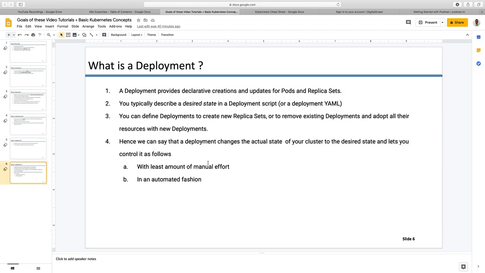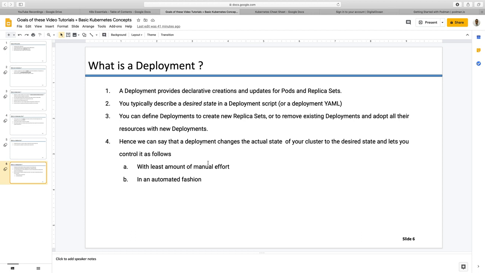So what is a deployment? Well, all this replica set and pod and containers that I'm talking about in Kubernetes has to have some way of telling the software to do all those things. Deployment is the way to do it, right? So that is what deployments are. They are a declarative way of telling your cluster what is the pod or the replica set for the pods that the software needs to create. Typically, you describe the state desirable by you in a deployment script, which is called YAML.